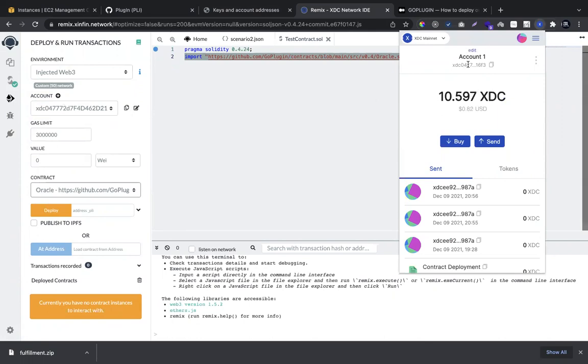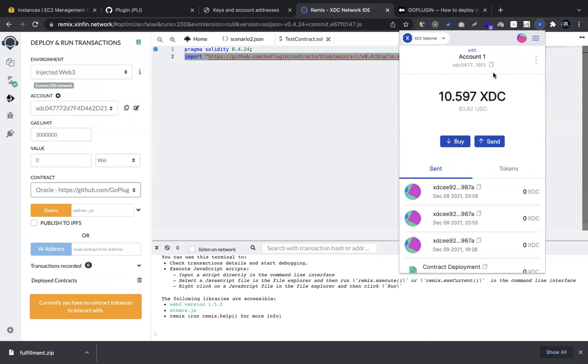Make sure this address is rightly pointed out, because when you are going to stake the token via the node operator platform, you'll have to ensure which address you are going to use to get your rewards, to make sure your node address is pointed to the right wallet ID. So keep it in mind while you are deploying the Oracle, because that is a very necessary and critical step.